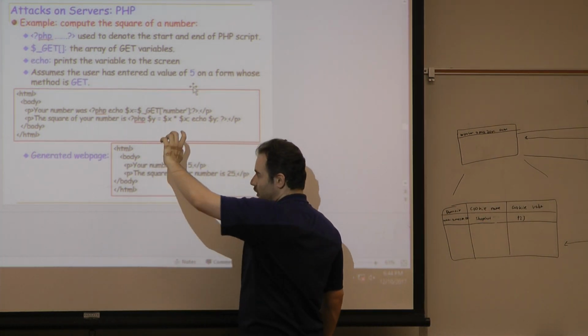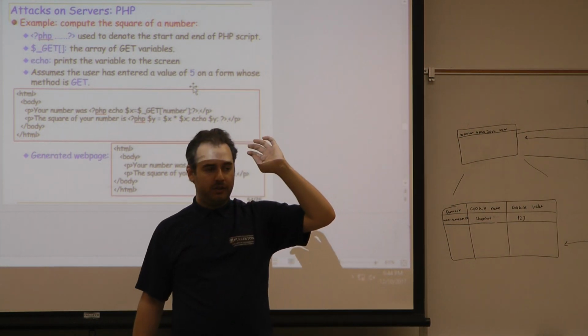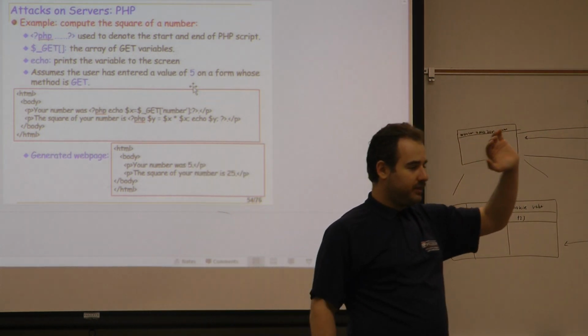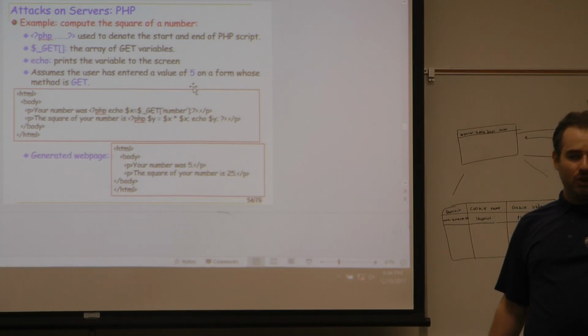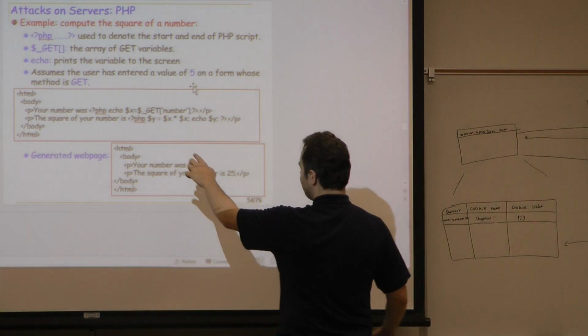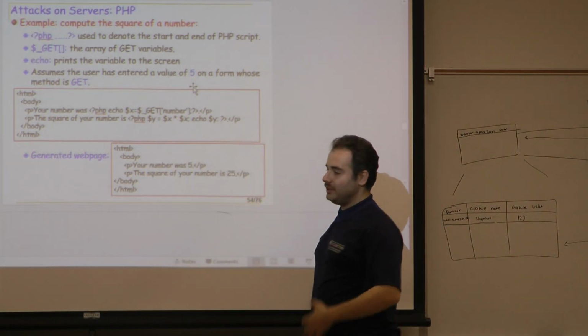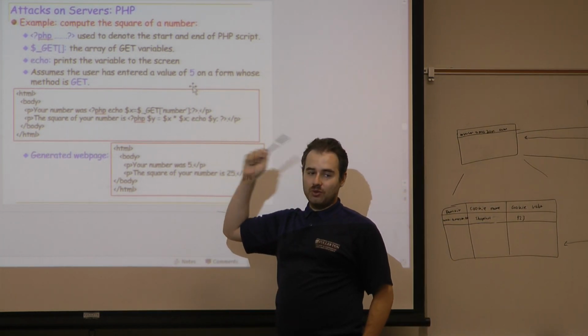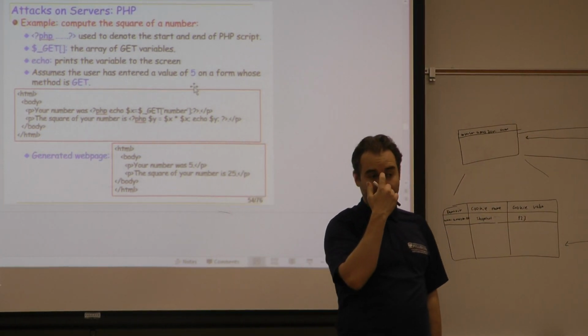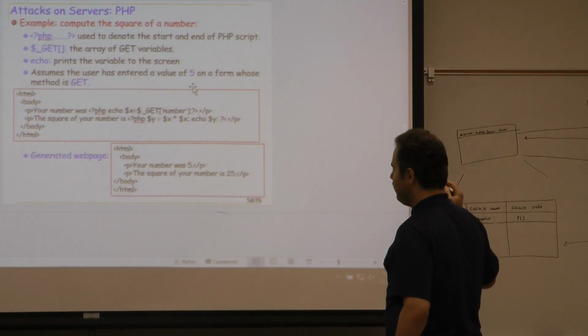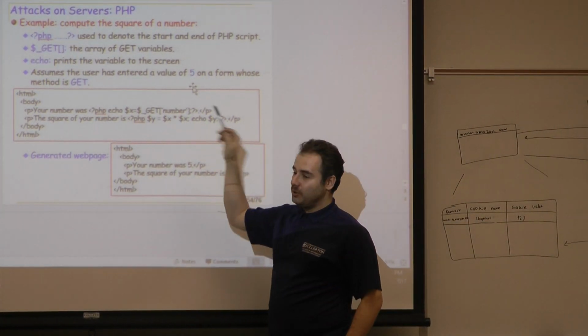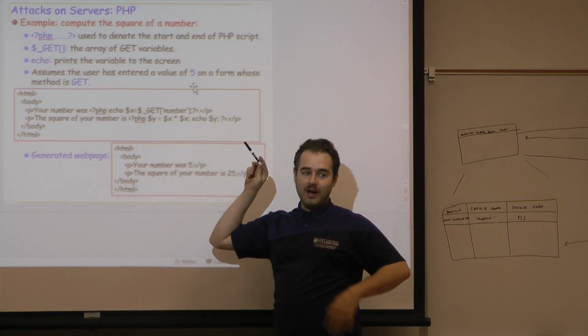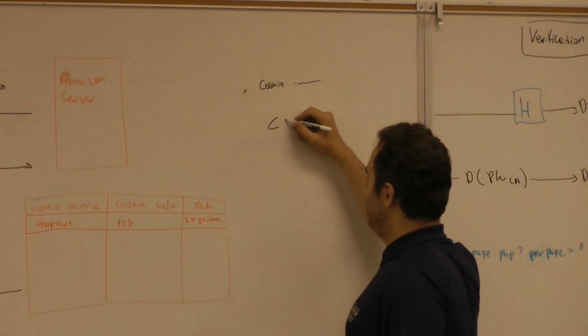So, you know how I said before that you can send form data using get and post methods? And how each variable has a name and a value? Well, the way that PHP works is there is an array called get, and that array contains all of the data that was sent using the get method. And the way you index that array is by the variable name. So, if on my web page, I had a form which may have looked like something like this,